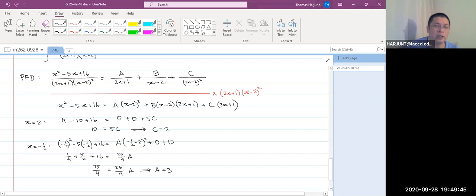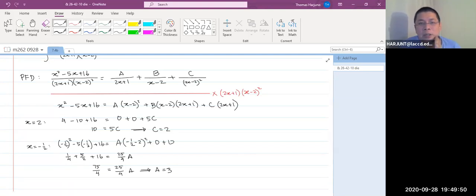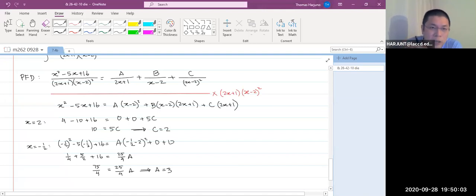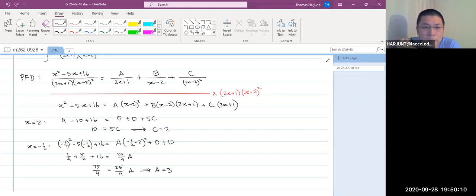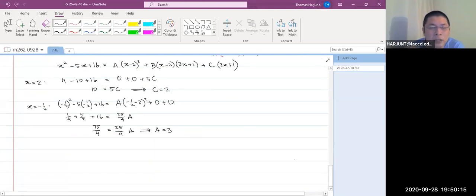See, the thing is we have only two special values, two special numbers, and using these two special numbers, we get only two variables, a and c in this case, not the b. So how do we get the b? Well, you can choose other numbers. From here, you can choose other numbers. Let's say I choose x equals 3. So method 1, to find b,